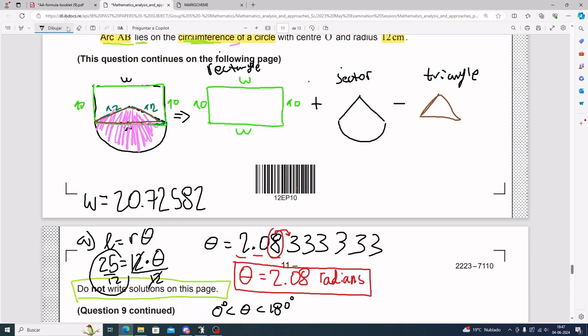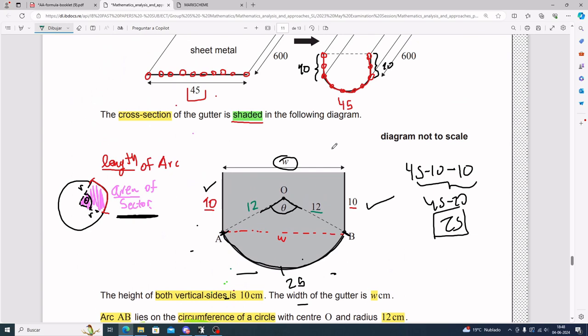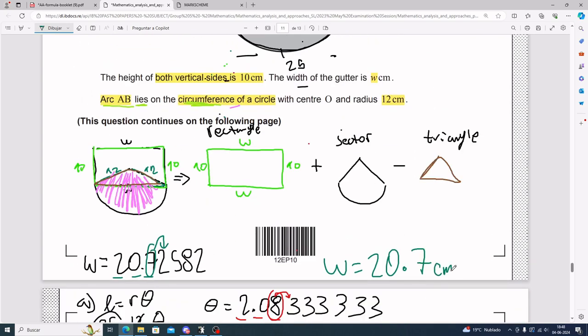582. See? And if you want to do significant figures, you count 1, 2, 3, round it up or keep it the same. You keep it the same. So we can leave it more formally as 20.7. Don't forget your units. Centimeters. This is all in centimeters. See? So that is my value for w, and the reason we did it was for finding the area of